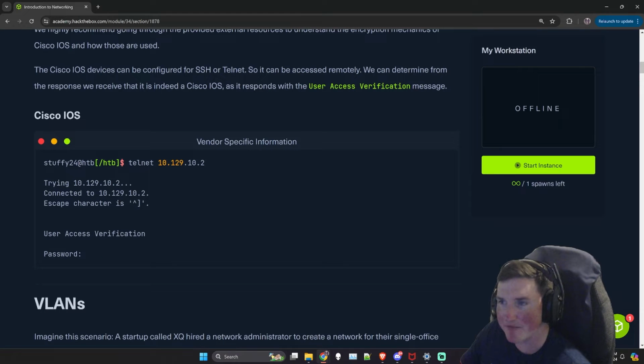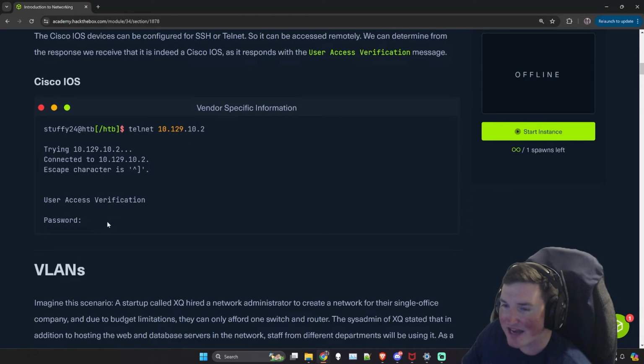So here's a good example of telnet that I was talking about earlier. This is something that you'll be using a lot in pen testing and things like that. Especially when you get started, if you don't know the protocol, you see they telnetted to it, right? And it's asking for valid verification. That's where the password comes in. And this is them connecting directly to the Cisco interface.